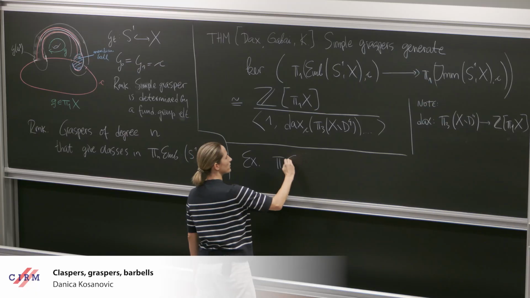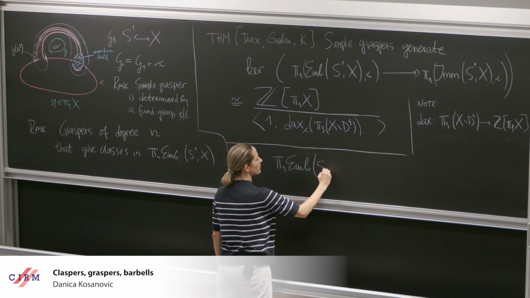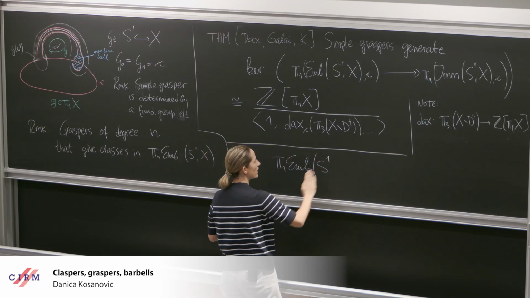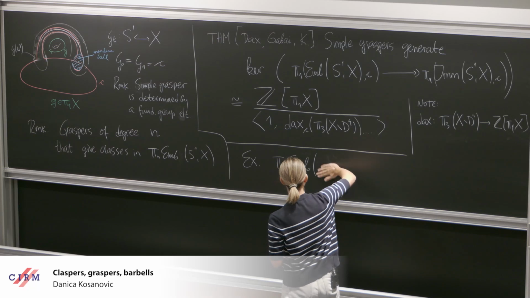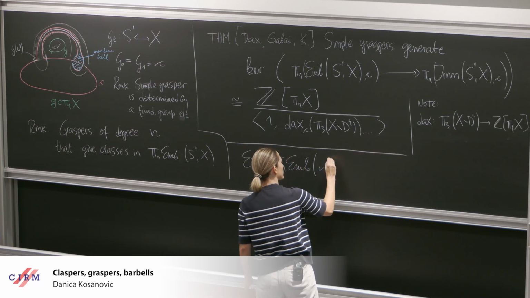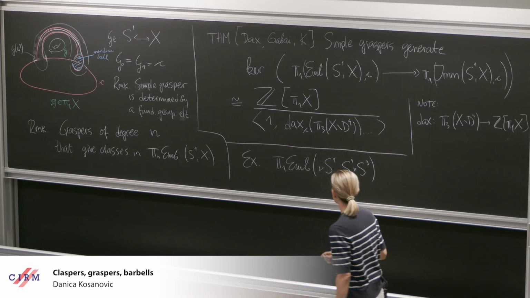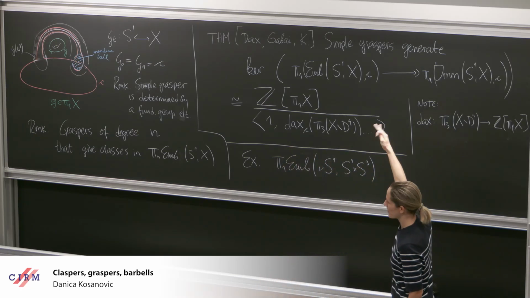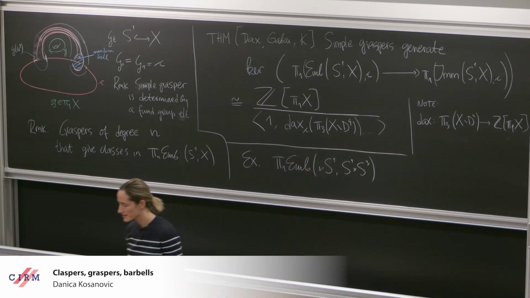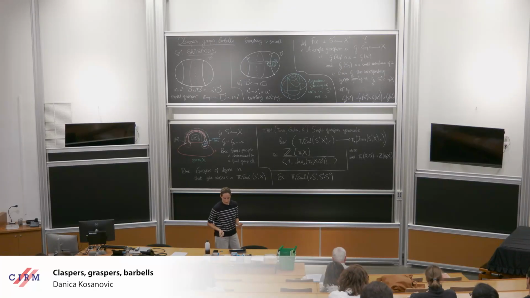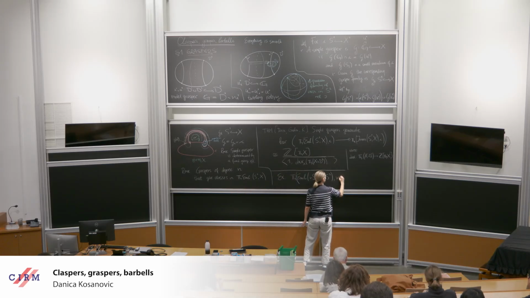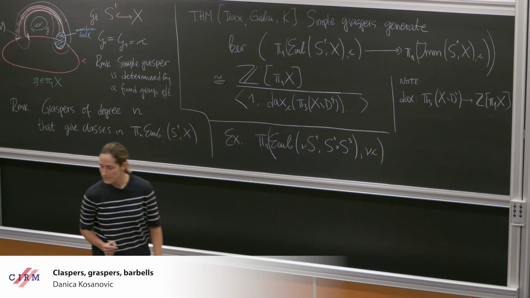π1 of embeddings of S1. Okay, so I'll now switch to framed for this example. You can do a similar thing when you include framings, and then there are just some little Z/2s that make a difference. It's difficult actually to compute in general, but okay. Here we are based at some framed circle C.